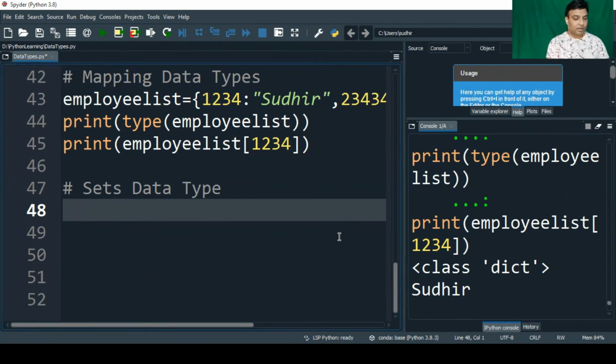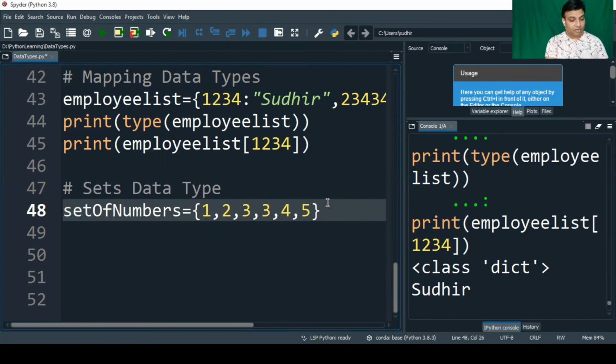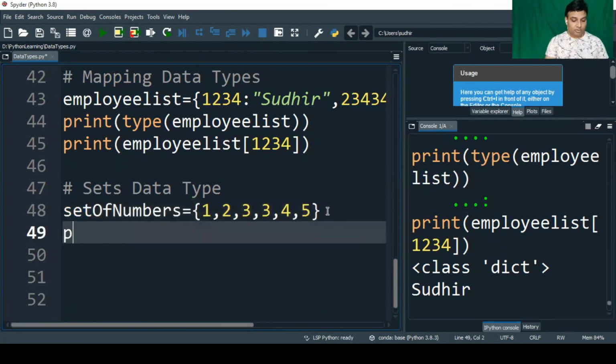I'll say set of numbers. Again you have to give curly braces for this as well. I'm just considering 1, 2, 3, 3, 4 and 5. Just try to print this set.